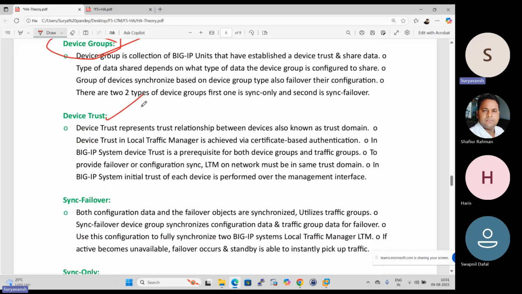Device trust, guys. Device trust represents the trust relationship between devices, also known as the trust domain. And basically, devices get trust with the help of certificates. So device trust in the local traffic manager is achieved by certificate-based authentication. So for example,